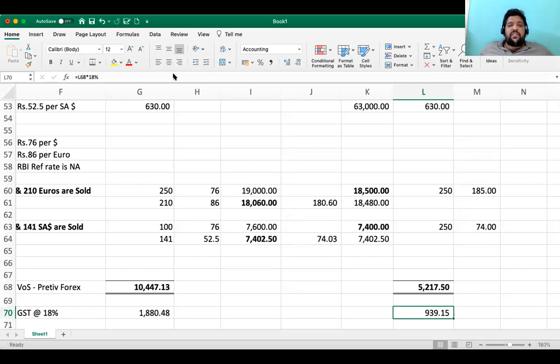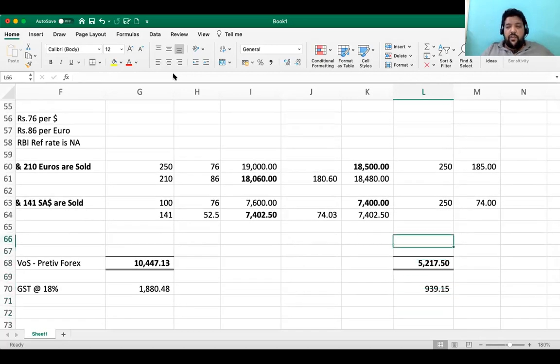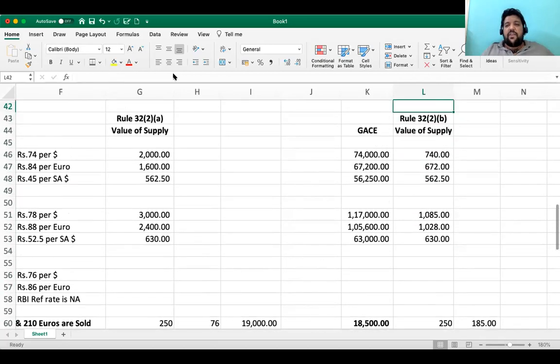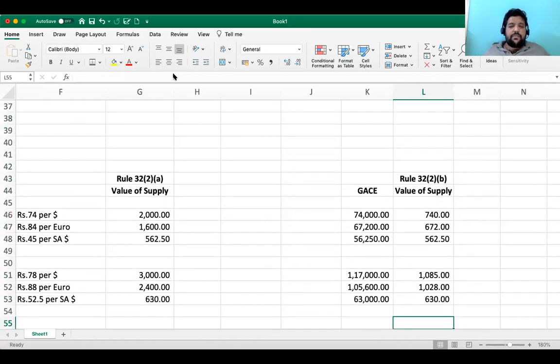And in RBI reference rate, every time I have to wait for RBI to come up with the reference rate. In this model, if you see, we are not bothered about RBI at all. Done? Can you appreciate this discussion? Any question? I will take it up before winding up. Any questions?